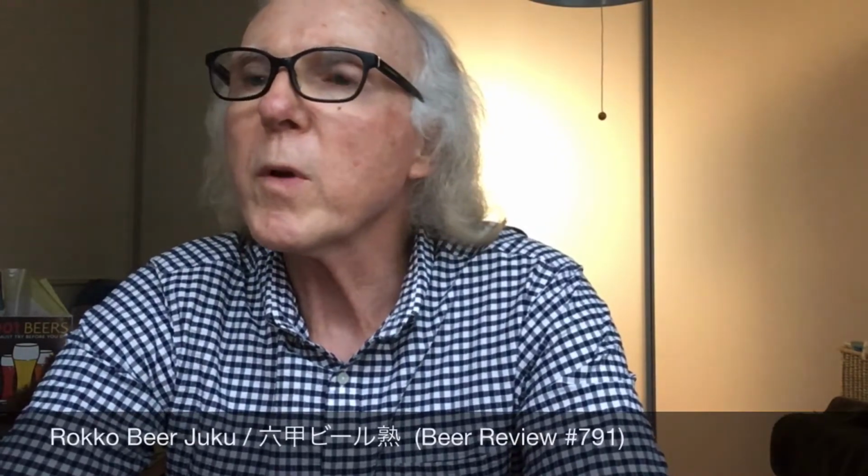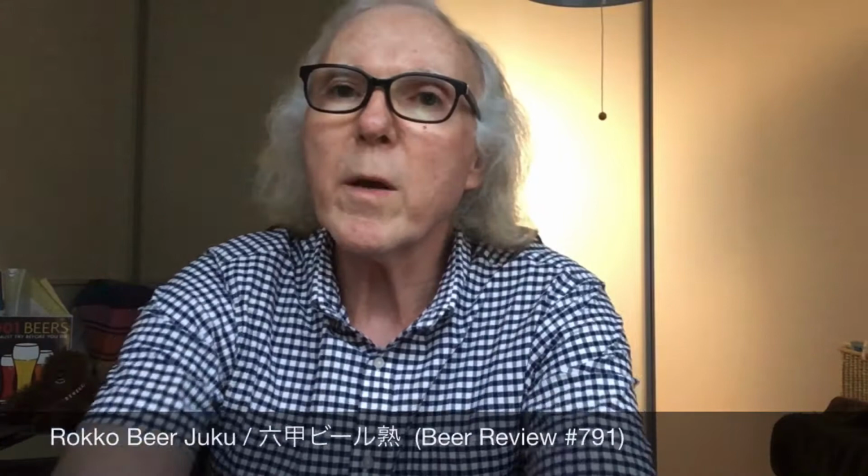Today we're going to look at a beer that is Japanese and is craft as well, or supposedly craft. In fact, they have, at some point in the not too distant past, changed their name to include craft in it. The brewery I'm talking about is called Rokko Beer, or as they now apparently prefer to be known, Rokko Craft Brewery. And Rokko Craft Brewery is located in Kobe, Japan, a very nice port city in the